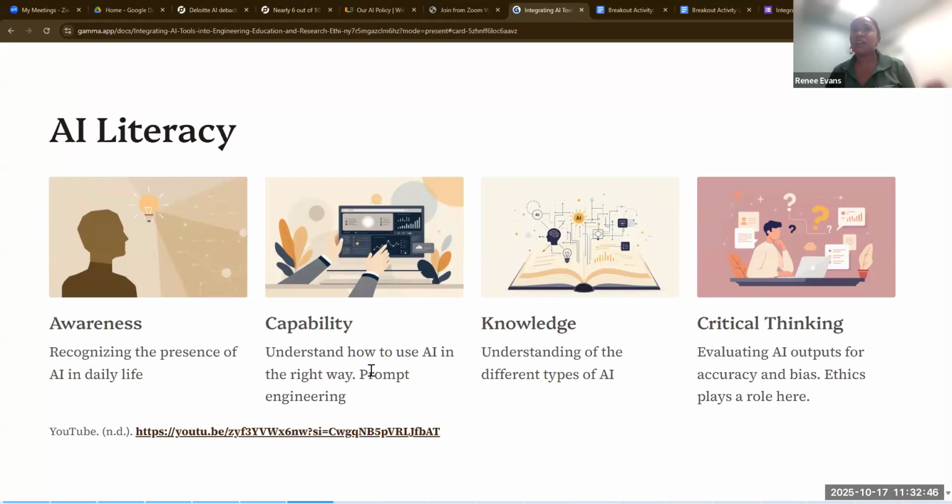Understanding how to use AI in the right way, understanding its capabilities, things like knowing how to prompt well, asking it good prompts, understanding the different types of AI that are out there. And then finally, and the piece that we're going to focus on today, is critical thinking. Being able to evaluate AI output for accuracy and bias, and this is where the ethics really comes into play here.